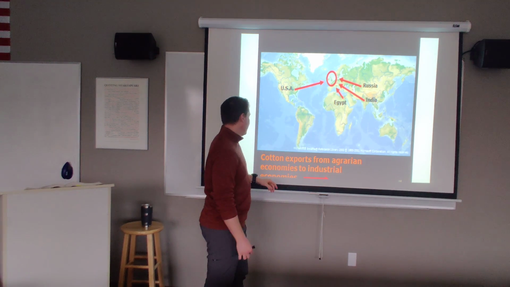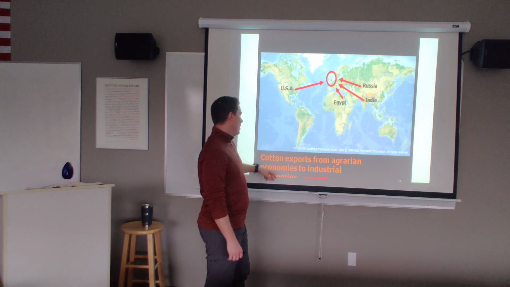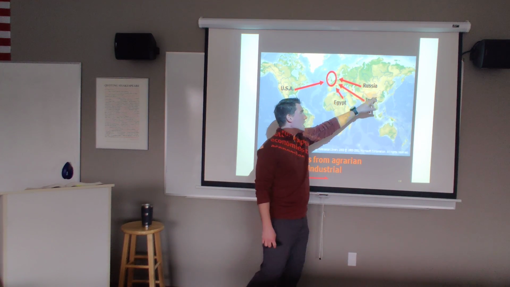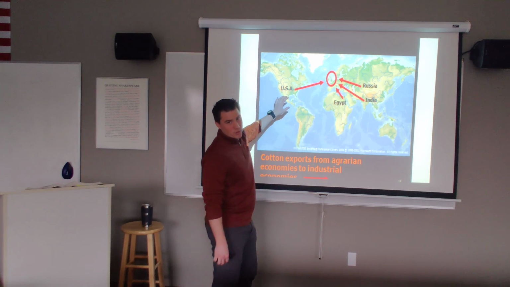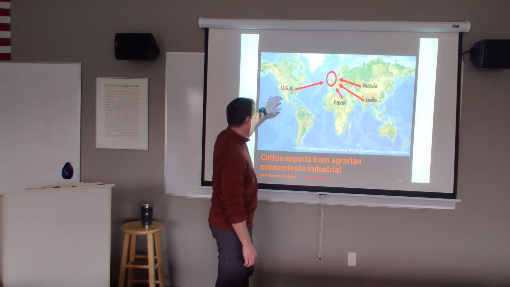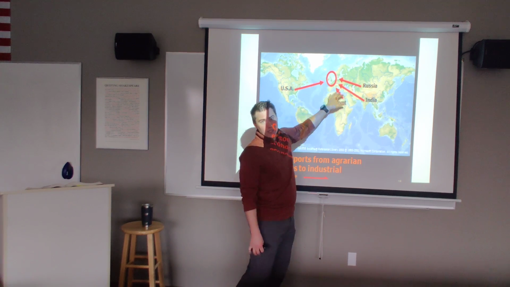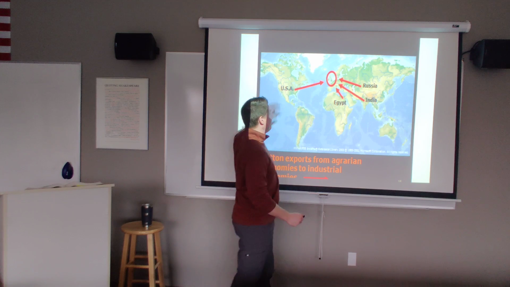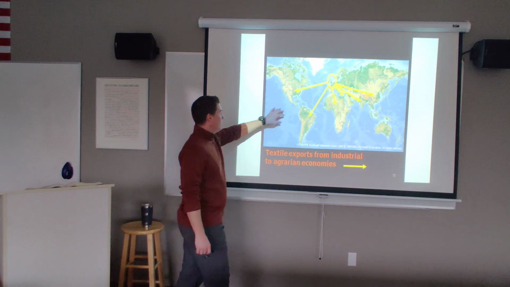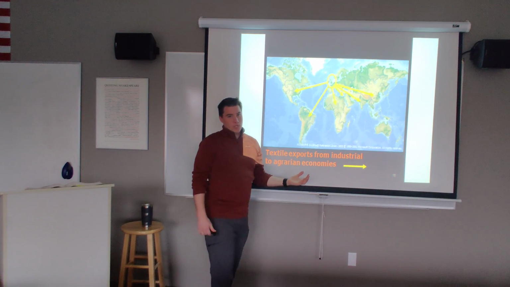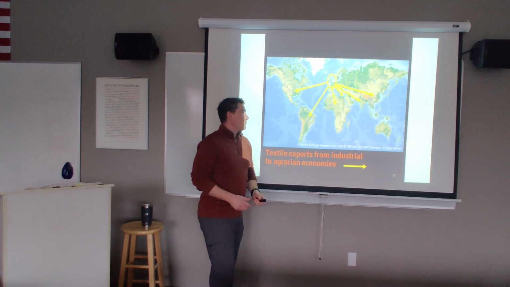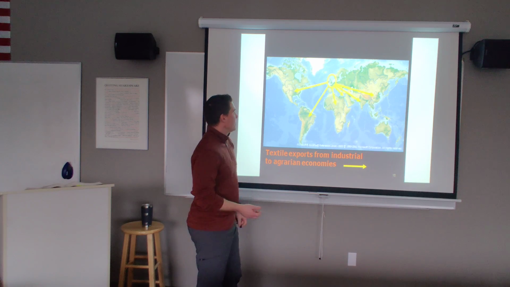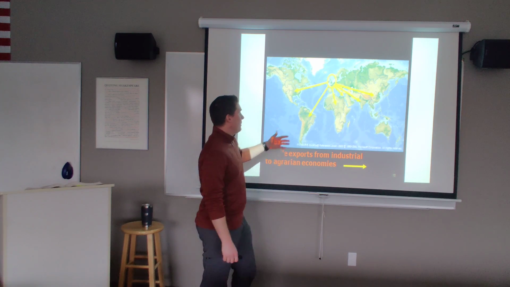Okay, what happens is cotton exports from the United States, Egypt, India, Russia, even China, all of their natural resources, specifically like their textiles, are getting sent to England, where they're getting turned into clothes, and then England goes off and sells them back to where they came from. All right, this is a similar practice that we see in today's society, but it made England very